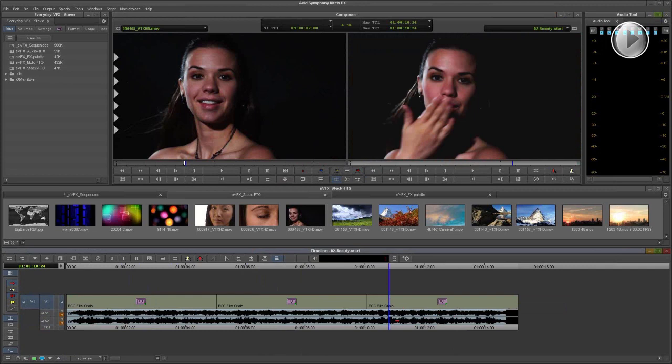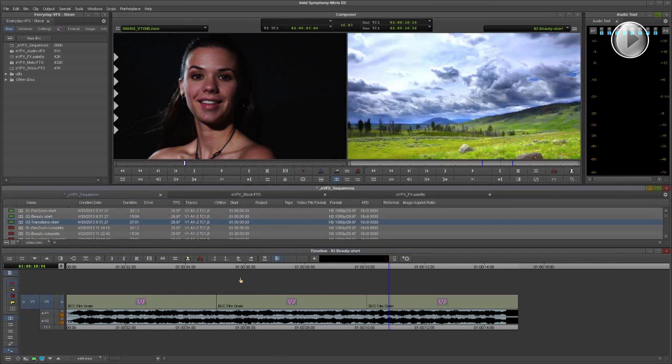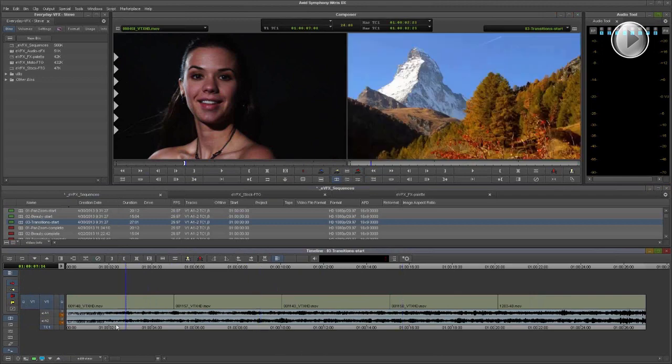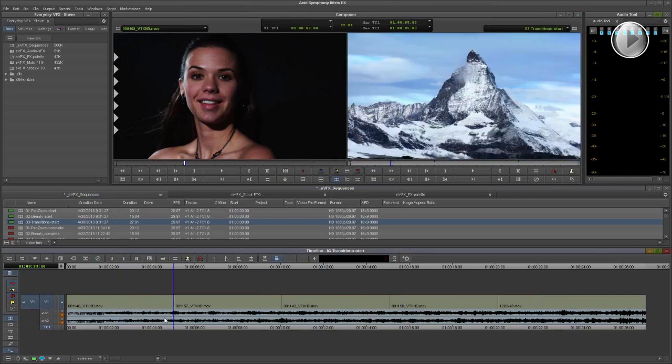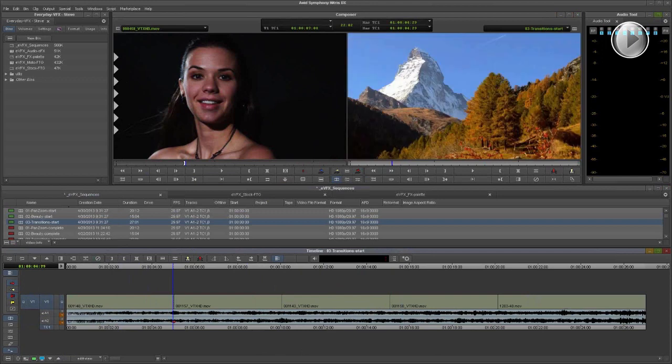So now the next and final result today, before we move on to the end of the presentation and we do the drawing for the free software, is we're going to have a quick look at just a couple of custom transitions. I've got these clips here in my timeline, and I just want to share with you how much I use these transition effects. You know, a dissolve's a dissolve, a cut's a cut. When I want to do something a little bit more special, when I want to add maybe a little bit of mystery or a little bit of panache or a bit of slickness to the piece,